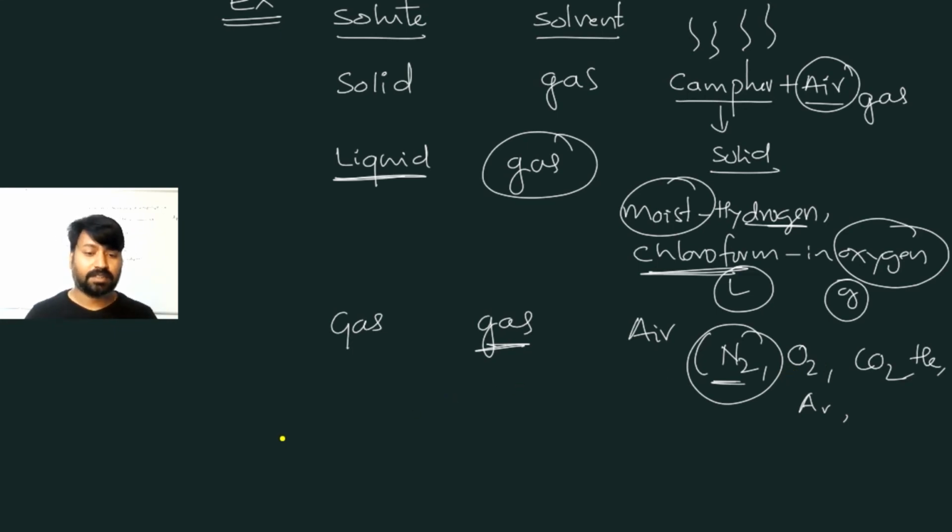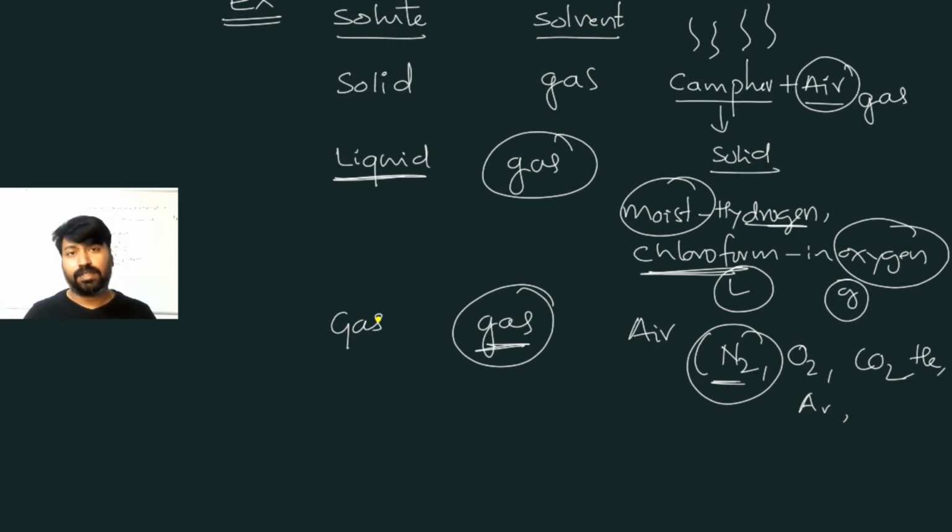If the solvent is liquid, then the solution becomes a liquid solution. If the solvent is solid, then the solution becomes a solid solution. If the solvent is gas, then the solution becomes a gaseous solution. So here the gas in the air is nitrogen, which is present in a larger quantity, and therefore it is a gaseous solution, where a gas is dissolved in a gas. This is all about the examples for the two types, solid solution and gaseous solution.